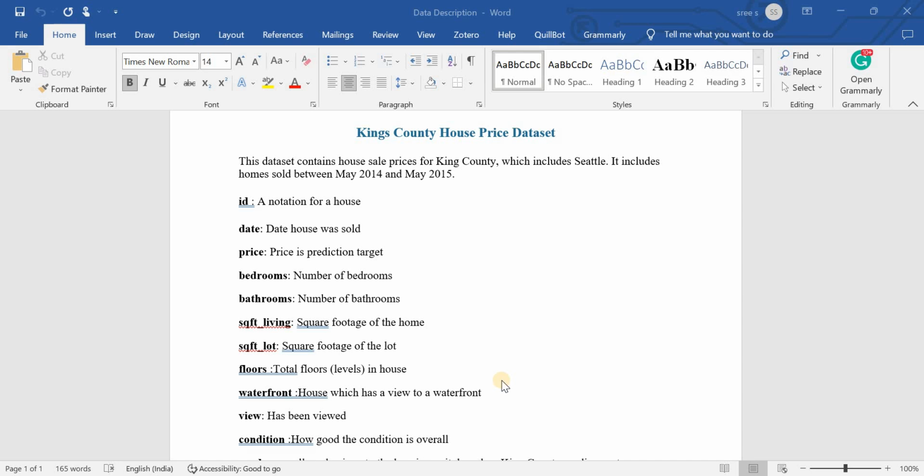Hi everyone. Today I'm going to explain how to run regression and the results of regression using R. Primarily I'm using this particular data set, the King County house price data set, for predicting house prices. In order to predict the house prices, I'm going to use the features and some of the available information which